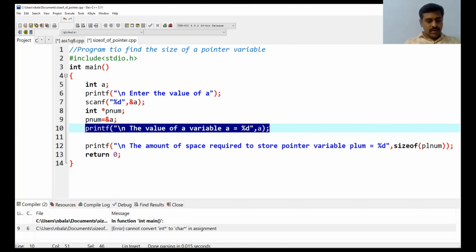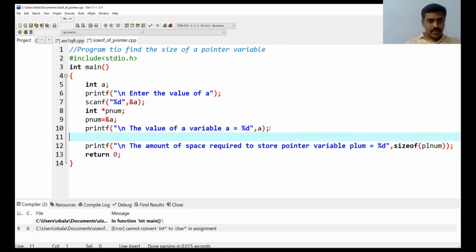printf, the value of the variable a using pointer is equal to, I am writing %p comma, I am writing *ptr.